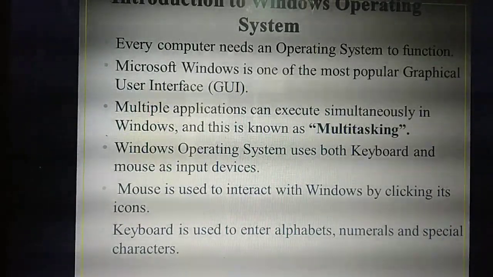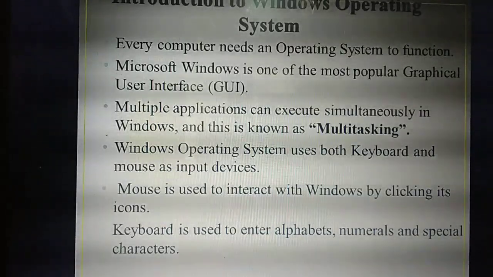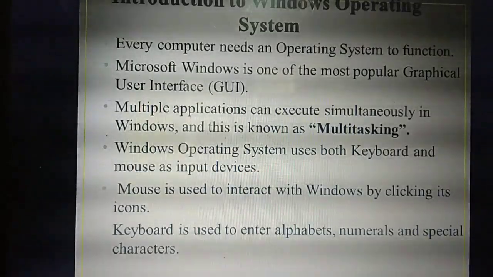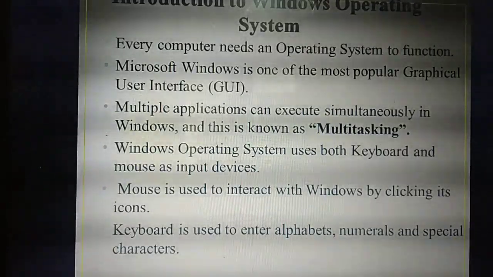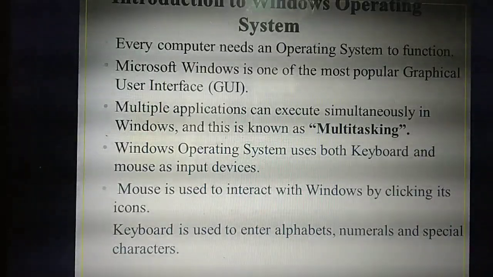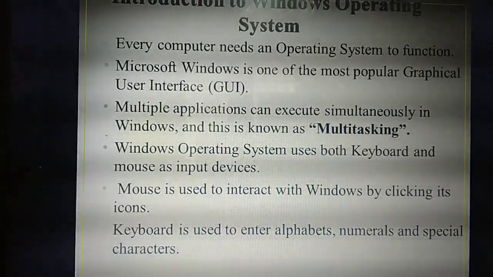First chapter you have studied, isn't it? About mouse. So what's the use of mouse? It's one of the input devices. You can interact with the system by clicking, selecting, deleting, or dragging something, moving icons here and there. That's the use of mouse. So mouse is one of the main input devices to interact with Windows by clicking icons or anything. You can select, you can click, you can move.